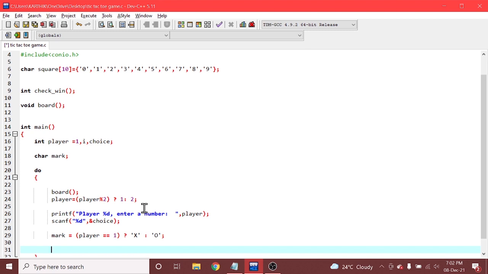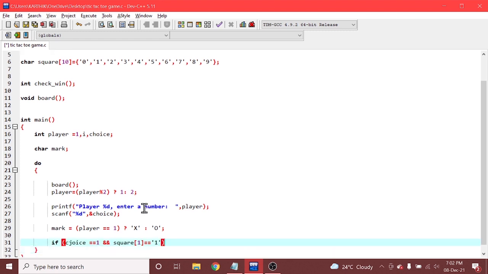Now let us write the if else statements, right? Like if choice is equal to 1 and square of 1 is equal to 1, if this condition is satisfied, then we are saying square of 1 is equal to mark.